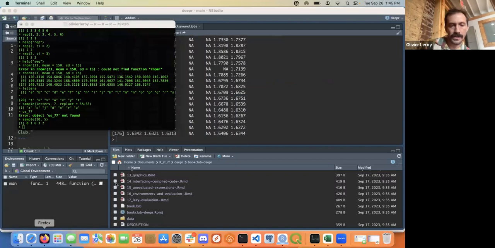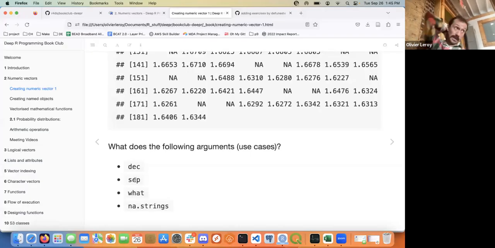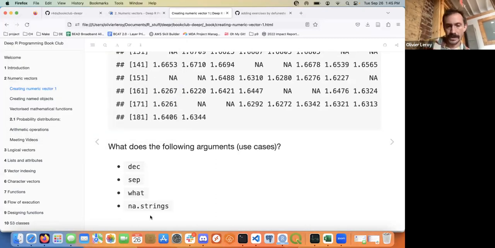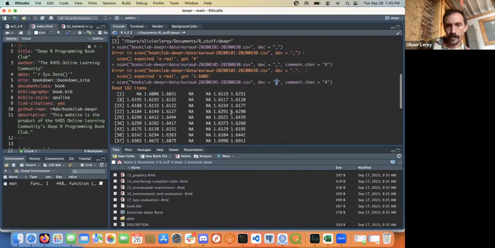Let's go back to here. So this was decimal separators. Currently, we have a comma separated file, and the default of the comma separated file is having the value as a comma. So when I was putting decimal comma, it did not understand because I have a huge string of